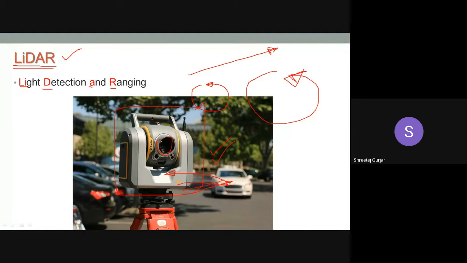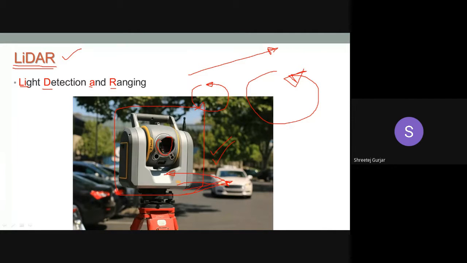Specifically, it uses green spectrum lasers. It sends out multiple pulses of invisible green light. This green light is not visible to your eyes; it is nearly invisible. If it is very dark, you might see a minor green color, but it is nearly invisible. It gives out pulses, not continuous light, but multiple pulses of green light.